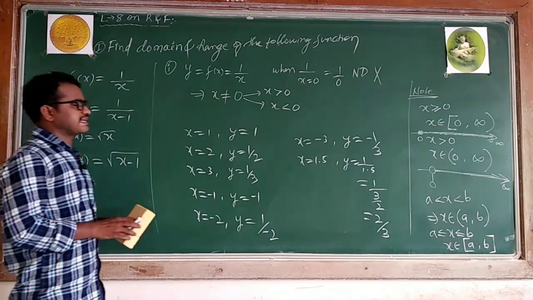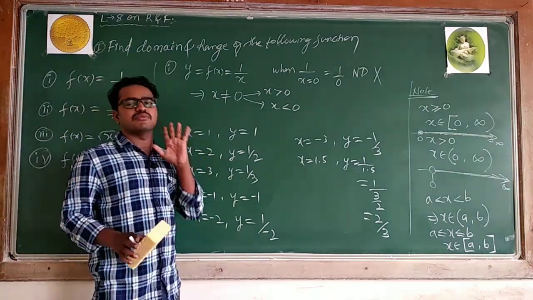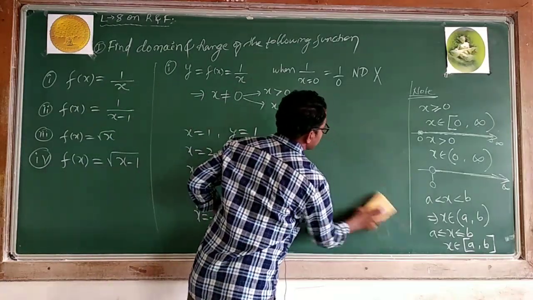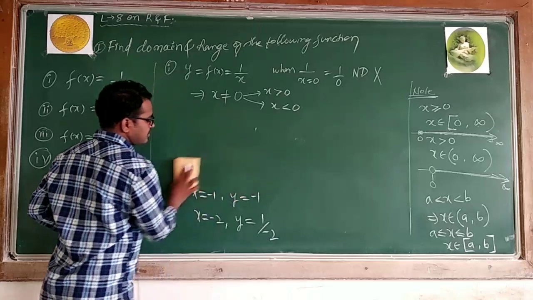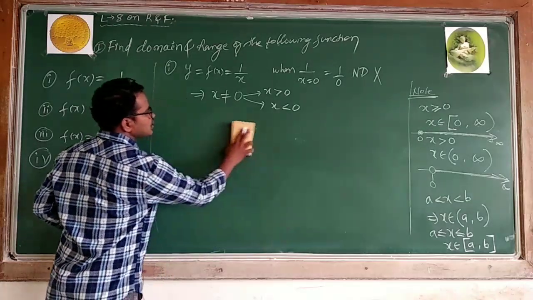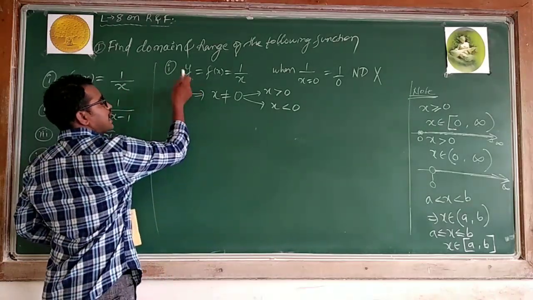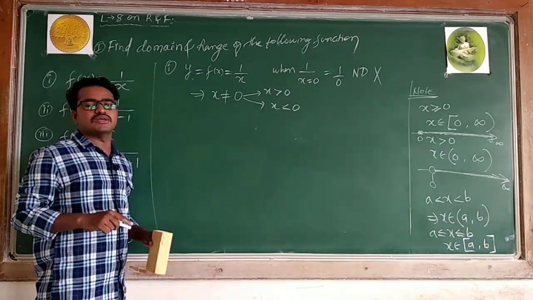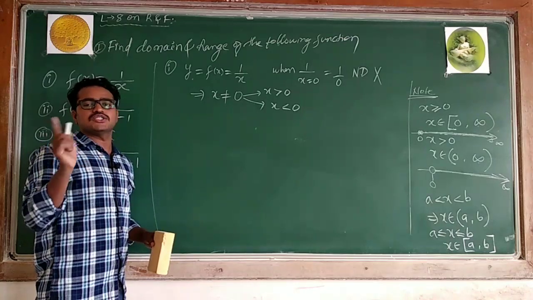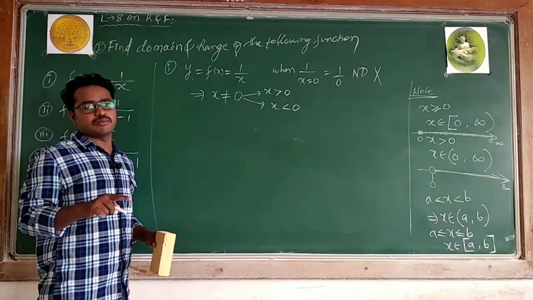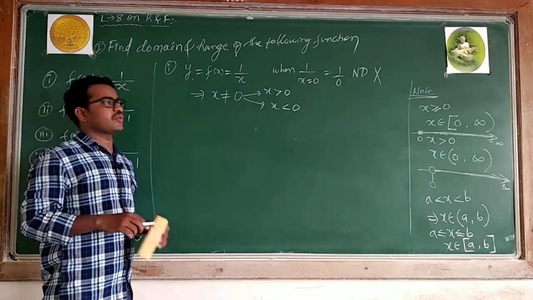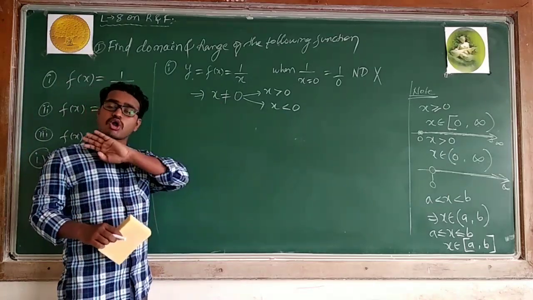Domain is you can take any value but one number you have to leave. Which number? That is 0. So I can say x value is a set of real numbers excluding 0. What is the domain of this function? I had done it in the graph also. This is a reciprocal function. In that case I said x should not be equal to 0, meaning set of real numbers. Its corresponding y value is also a set of real numbers excluding 0. When you are not taking 0, you are not getting 0.